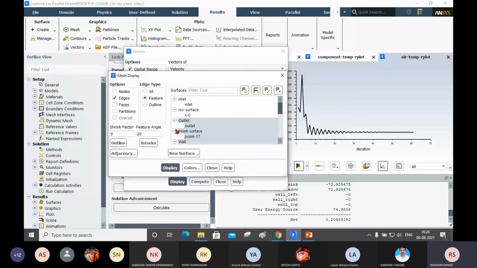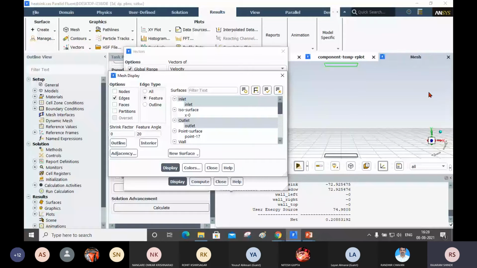Now I will select the inlet and outlet boundary conditions, and here I will click on the display button. Here it is. It is visible, but it is out of the boundary.